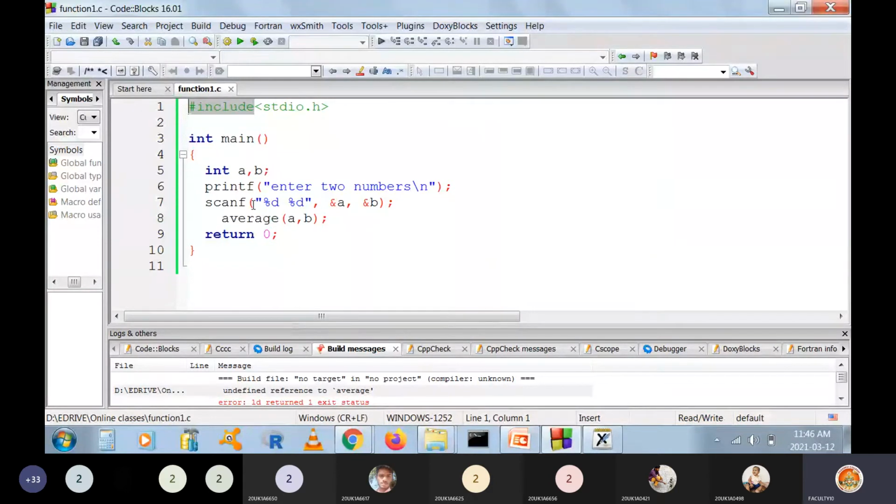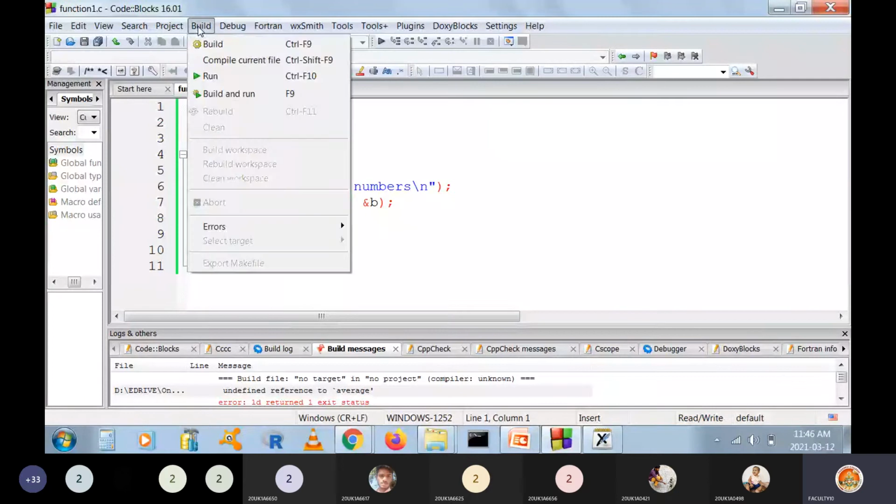Now there is a link between your program and stdio.h created by the compiler. That's why you see the message to enter two numbers on the screen. Now if you remove this stdio.h, we'll see what happens.